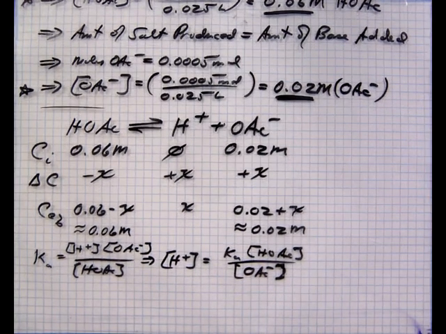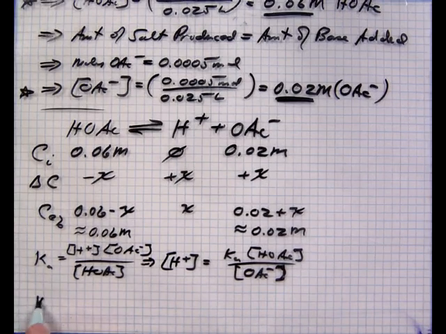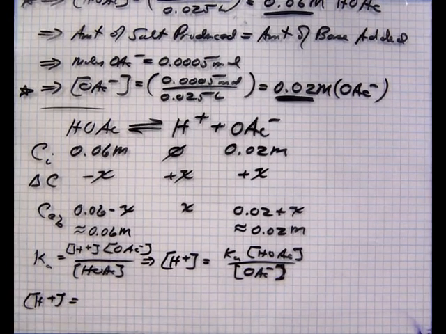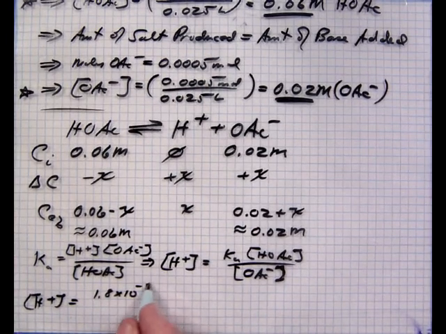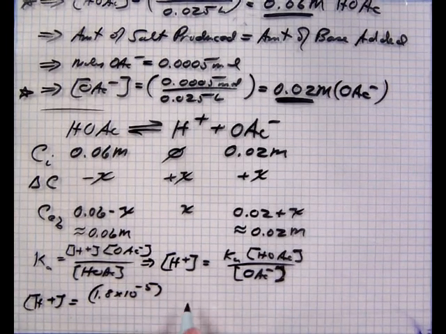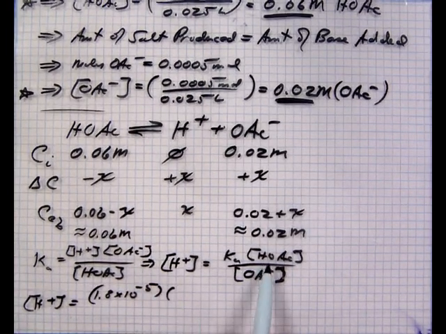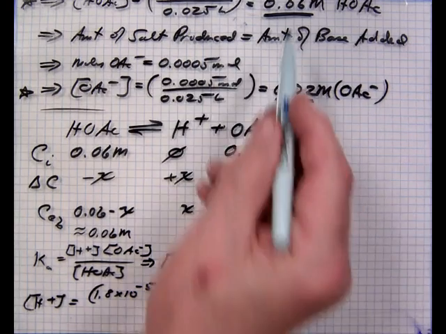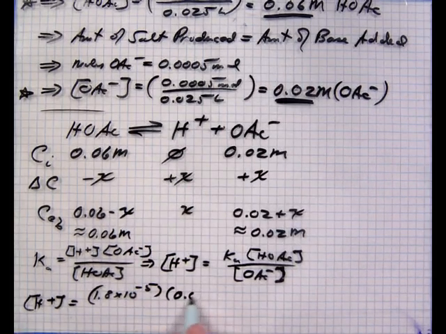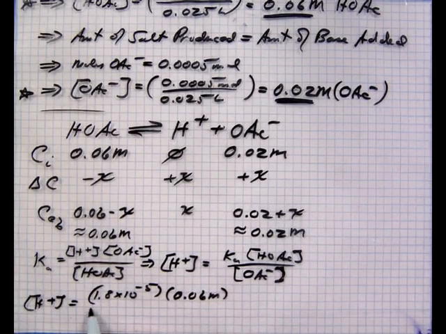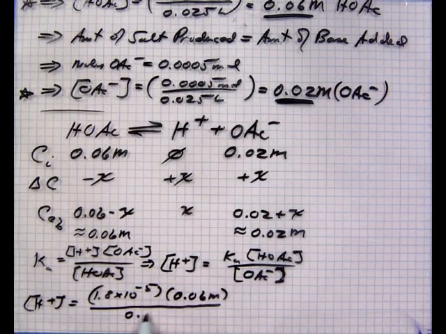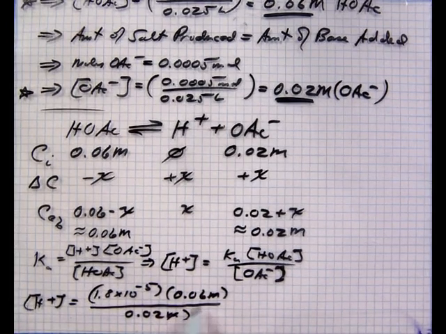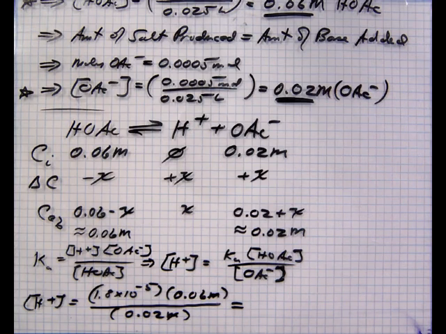And so we bring that down here to the hydronium ion now is 1.8 times 10 to the minus 5 for the Ka for acetic acid, and the acetate is 0.06 molar, and that's divided by the acetate ion, 0.02 molar, drops out, and we'll find the hydronium ion concentration